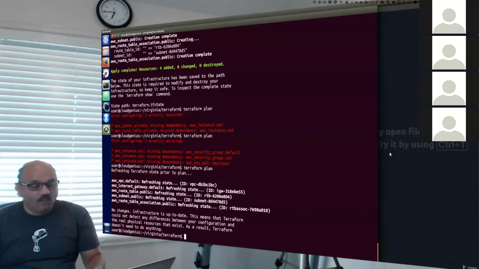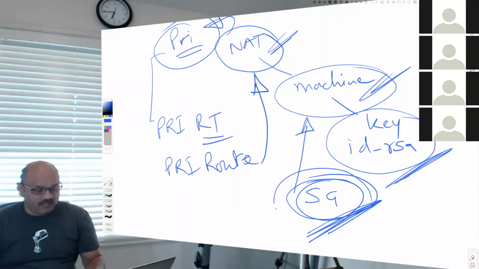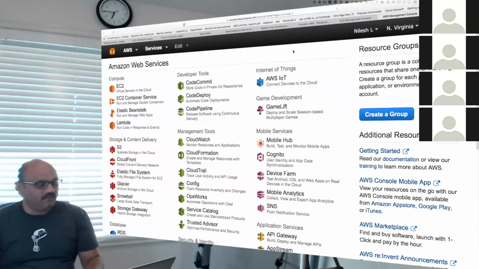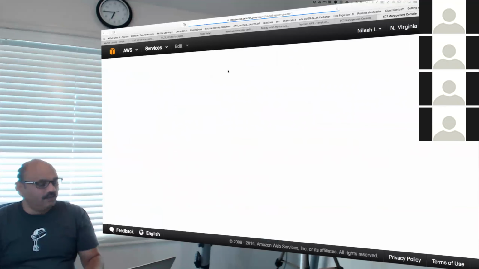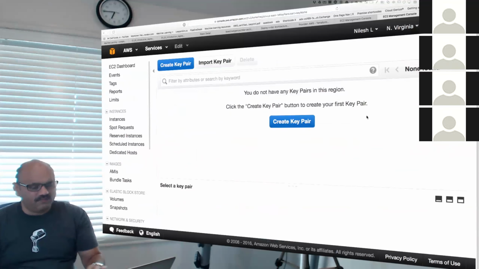Next, what I want to do is understand this dependency map clearly. And so create security groups and put the key in place. And then that key that we generated, id_rsa, doesn't exist in our Virginia region yet. So if you go look at my key pairs, I have 0 key pairs, which is good.